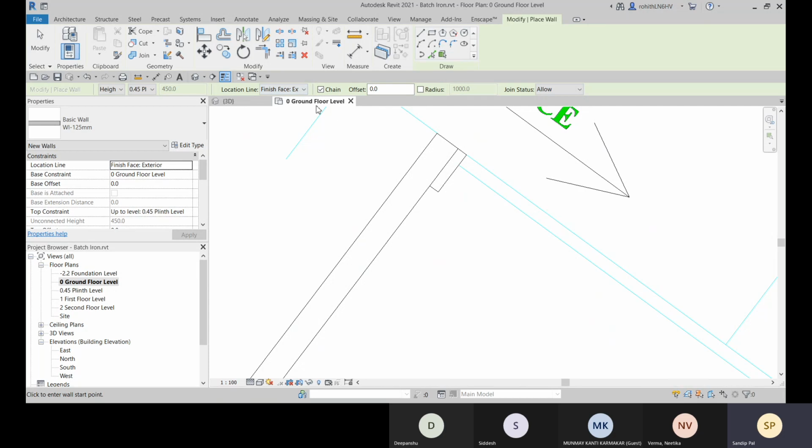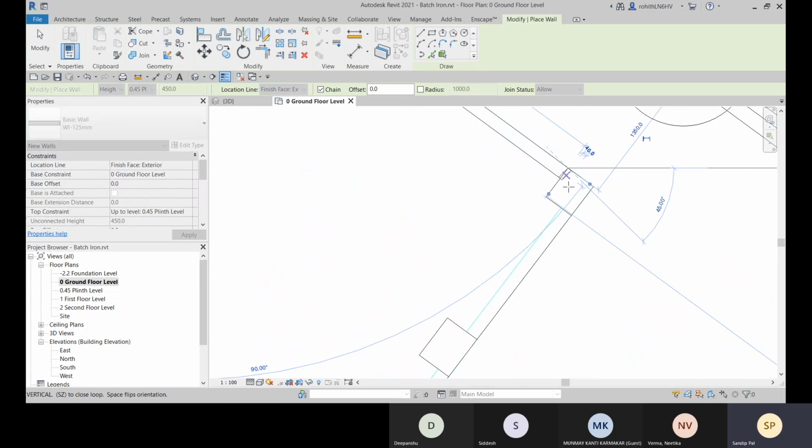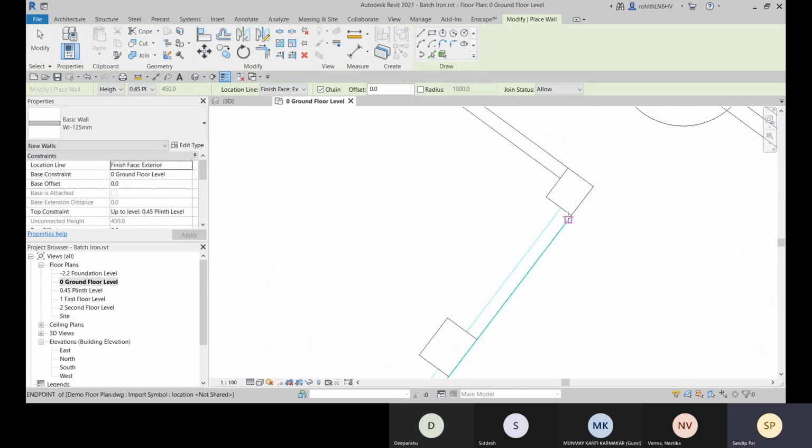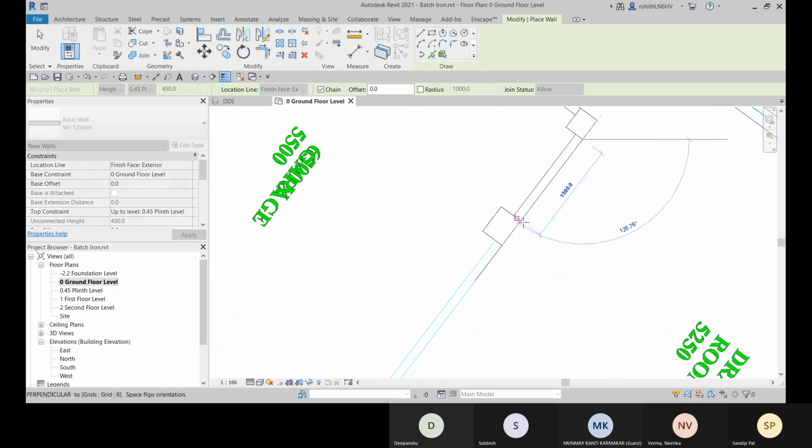Let's start with that finished face exterior. All right. Escape. Choose it. Escape.